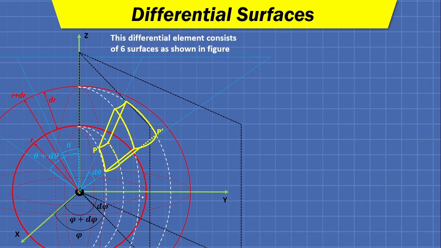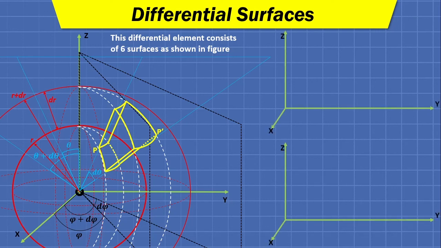Moving further, for differential surfaces, this differential element consists of 6 surfaces as shown in the figure. I will cover 2 differential surfaces at a time, and you can also see the highlight of the same surface in the main figure. So our first surface is the inner curved surface, which is highlighted by orange color over here. As you can see,